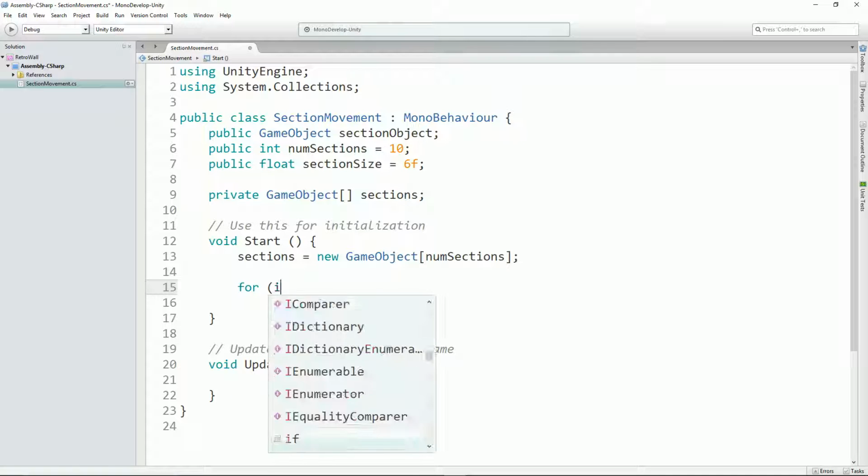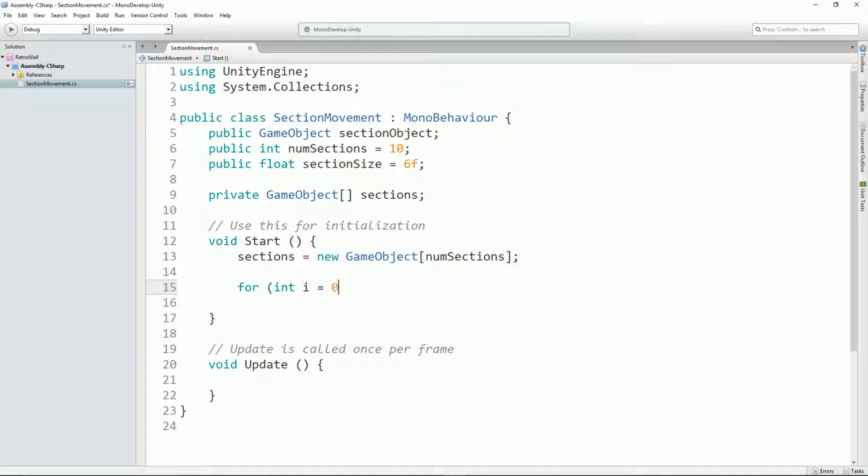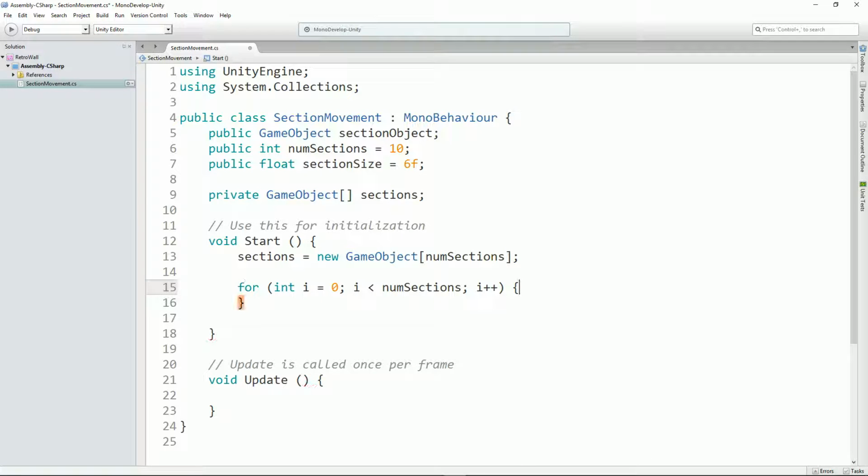So let's say for, brackets, int i equals 0, semicolon, i is less than numSections, i plus plus. I wonder how many times I have typed that little for loop in my career. Probably a lot. Not so much in gaming, but certainly a lot in Java. Okay, I'm sure I'll be doing it a couple more times today. So we'll say sections i equals